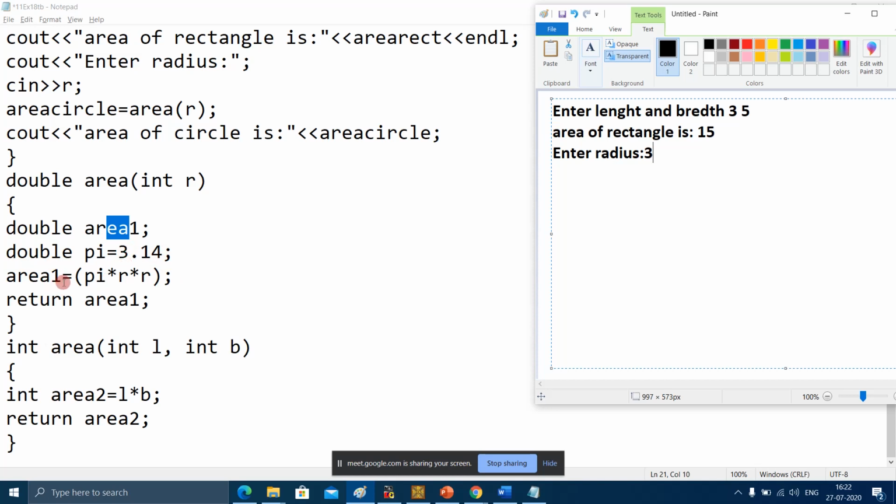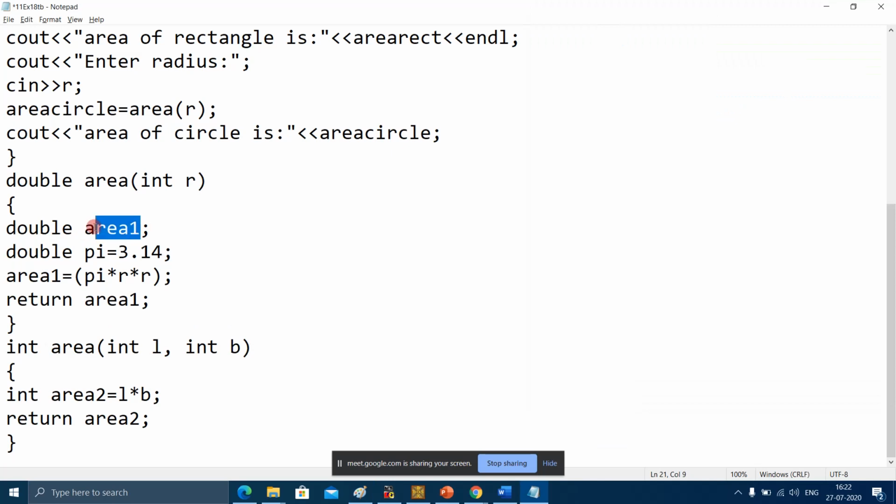So area1 will be equal to 28.26, which is again double. Can you see this area variable is double? So 28.26 is double. The value it's going to return will be a double value, which is 28.26. That's why the return type of this area function is double, because it is returning a decimal value.